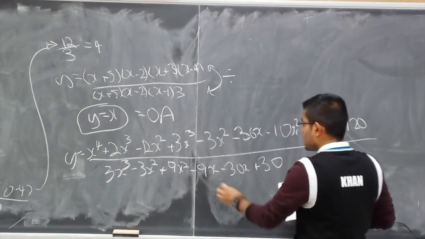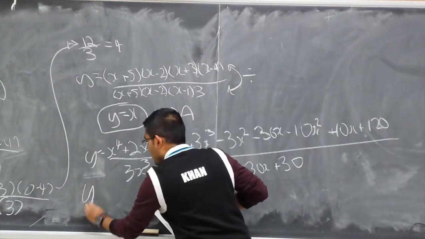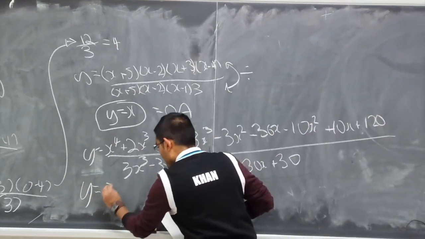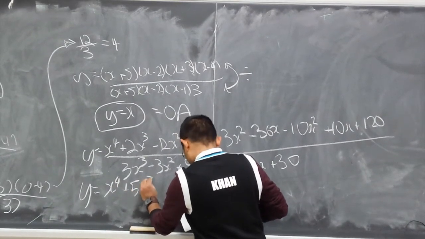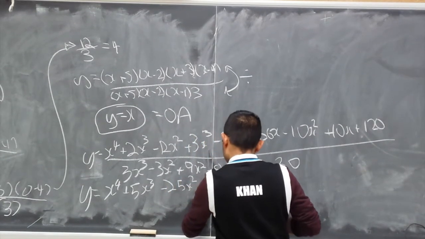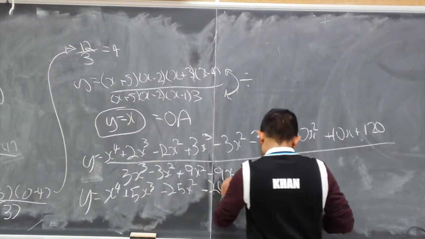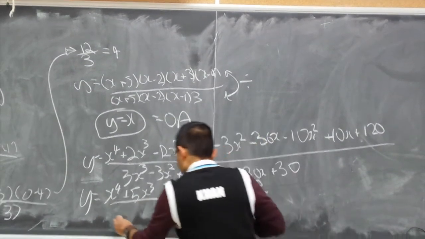And now we can finally simplify this big, enormous equation and get down to y is equal to x to the 4 plus 5x cubed minus 25x squared minus 26x plus 120 all over 3x cubed